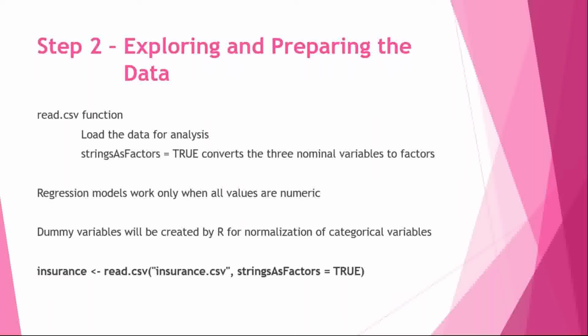Also, we have to keep one more concept in mind. While converting them to numeric values, by default, a regression model or any algorithm will give higher priority to higher values. So let's take an example of sex. For male, if you are giving the value 1, and for female, if you are giving the value 2, the algorithm will think that female is better than male, which is wrong.